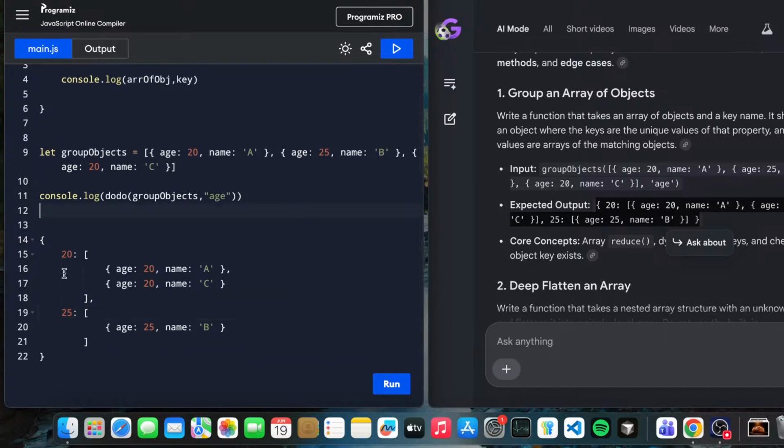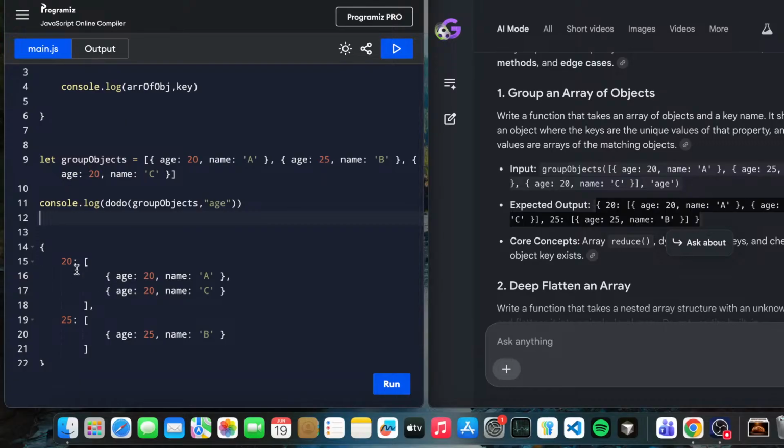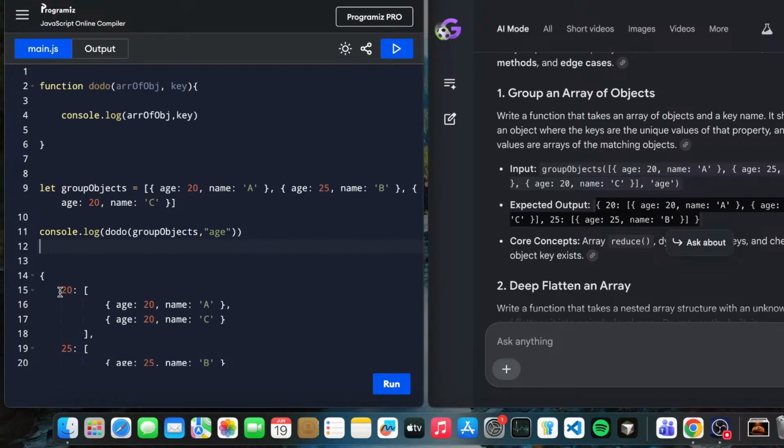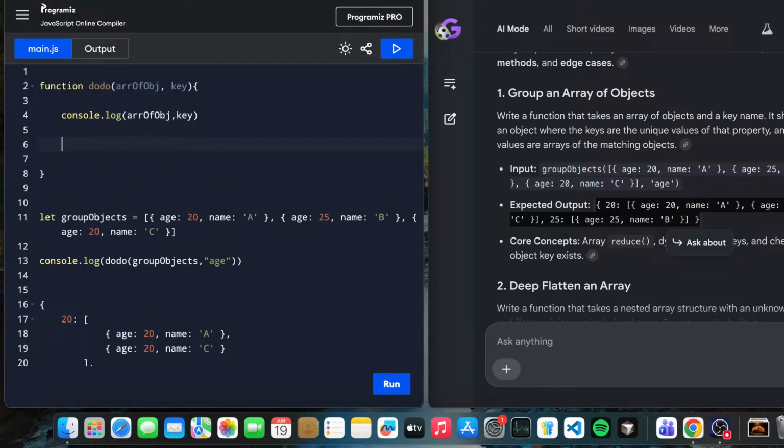This is an array, so we have to check this array, and we have to take the age property. So basically array of object